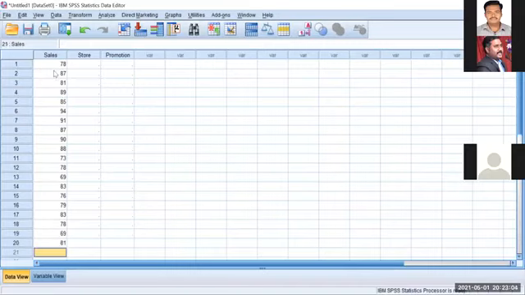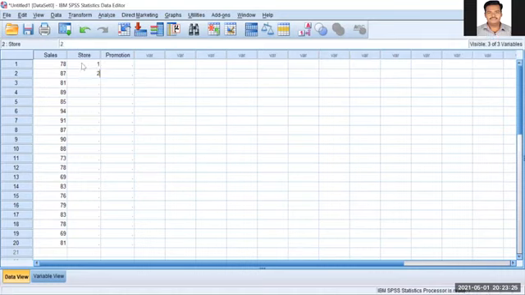Okay, so in the first row, we have 5 data, right? First 5 data and the second 5, and so in total we have 20. Since I entered the data row-wise, first row, second row, when it comes to the store, it is like 1 2 3 4 5, 1 2 3 4 5. So the 78 belongs to store number 1, and 87 belongs to store number 2, 81 belongs to store number 3, 89 belongs to store number 4, 85 belongs to store number 5. So like that, it becomes 1 2 3 4 5, 1 2 3 4 5, 1 2 3 4 5. Now we enter the store also.